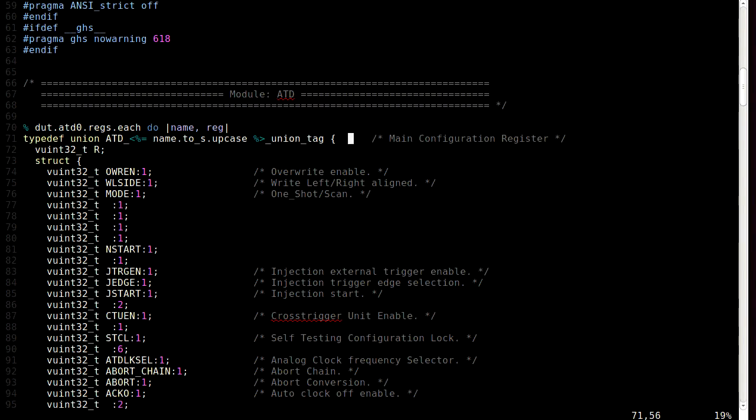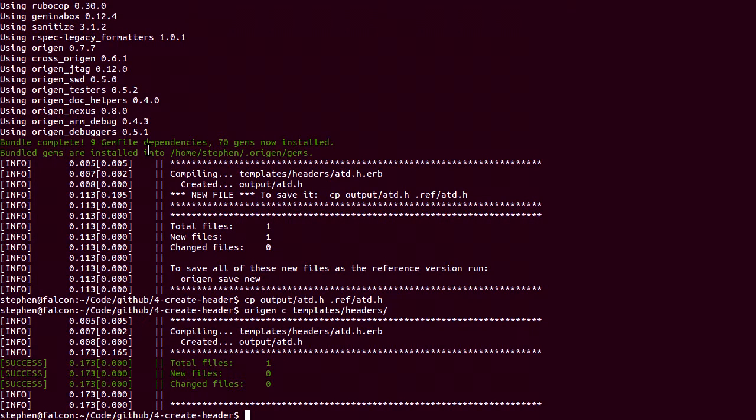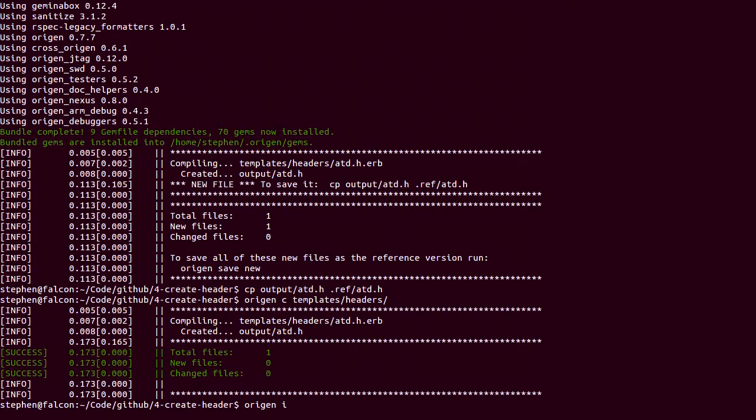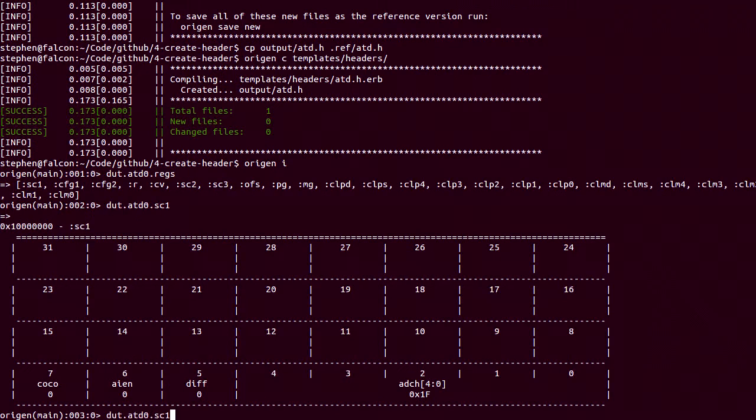And then we have, it looks like a description here. So if we go to the console and have a quick look at the register, so origen i, so it's going to be dot A to D 0. So let's just look at the first one, SC1. Now this register we can look at the description,